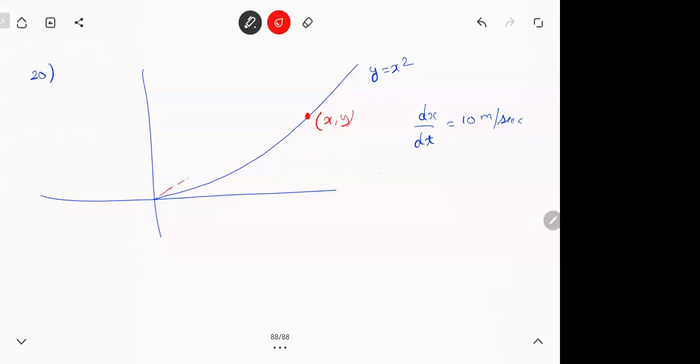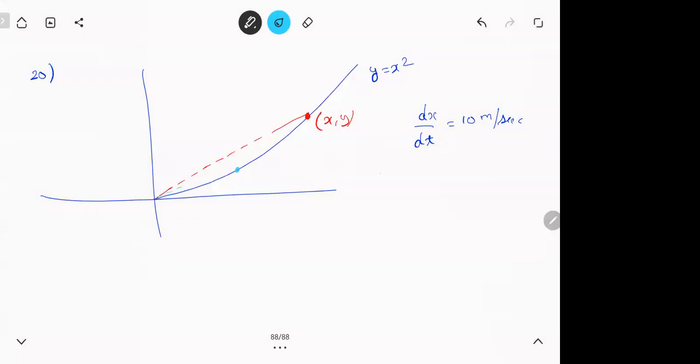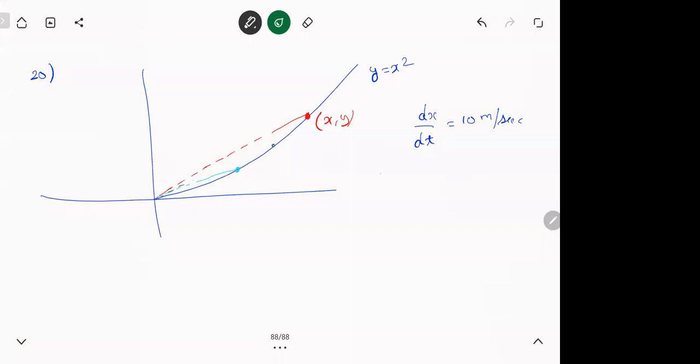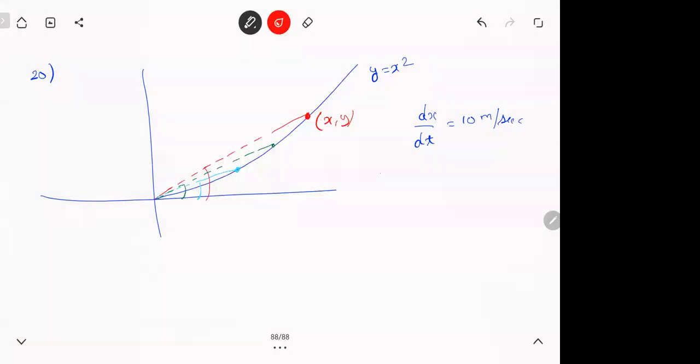Now line joining means this line. Initially see, the line is like this. When the particle is here, the line was this. When the particle is here, the line was this. You getting? That is the line he's talking about. If you can draw a line from the origin to the graph, this is the line. Now the angle of this line is changing, right? This was the angle, this was the angle, now this was the angle. That is changing. He said that is theta or q, whatever. He gave q, I'm writing theta.